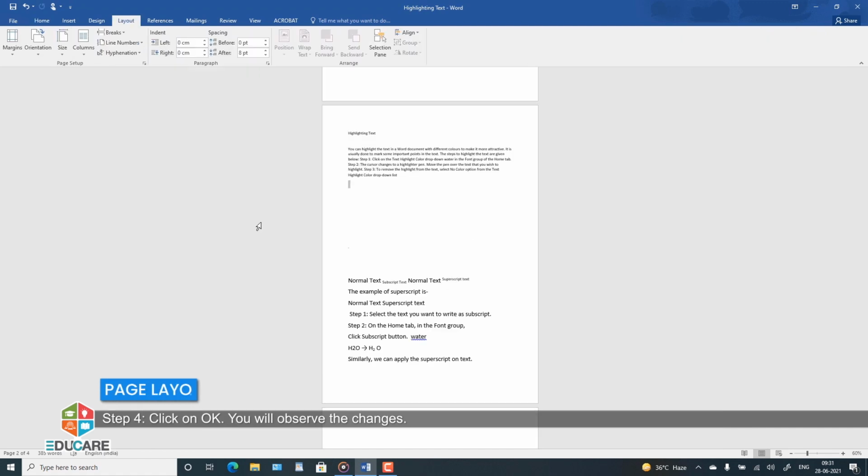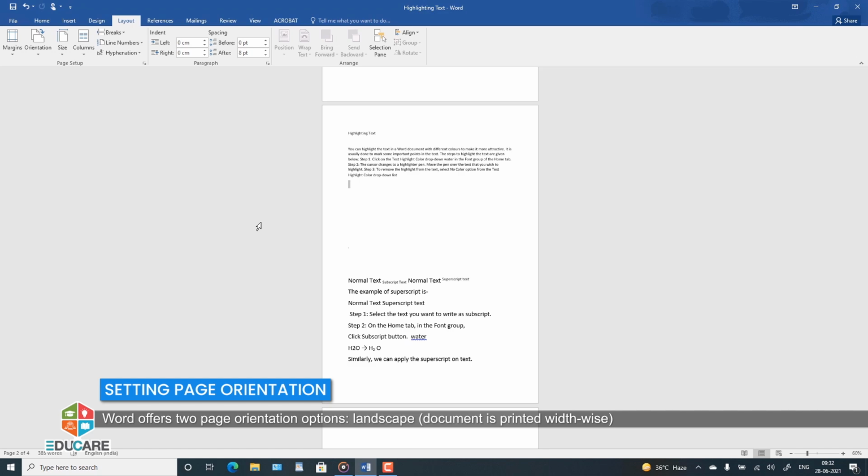Page Layout. Word offers a variety of page layout and formatting options that affect how content appears on the page. You can customize the page orientation, paper size, and page margins depending on how you want your document to appear. Setting page orientation. Page orientation is the property to set the printing direction of the text.